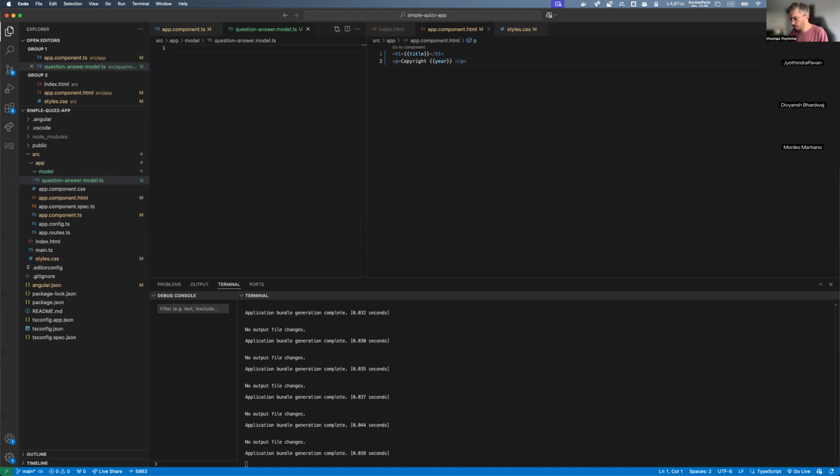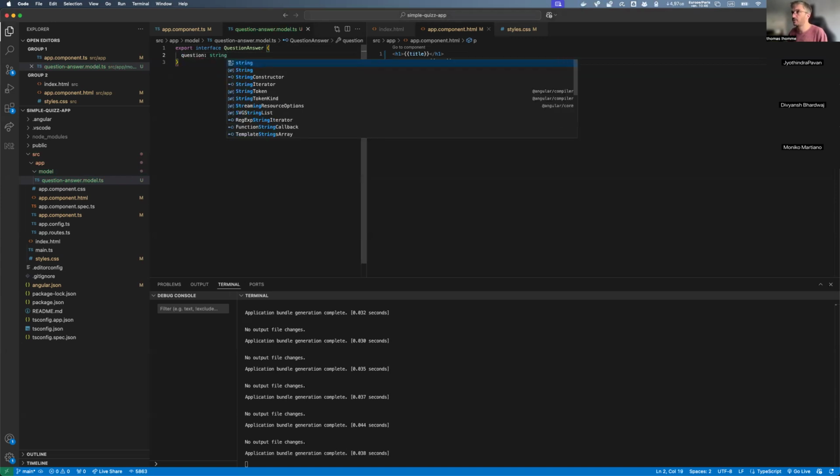So I'm going to do an export interface, and I'm going to write it like this. So QuestionAnswer, like this. I'm going to use the different types that I have defined, right? So the first one, remember, we have a question. Okay, the question will be a string.